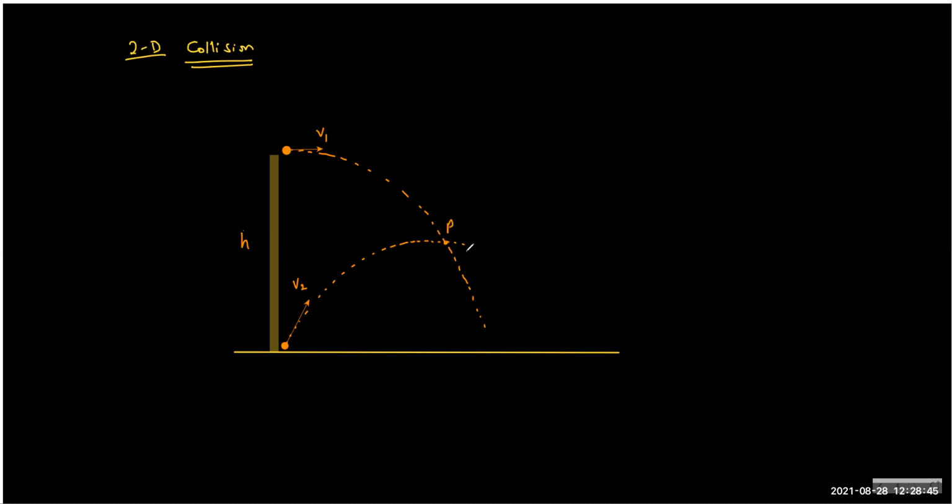So what we know is that they are colliding. Now the information given to you is that V1 is thrown horizontally and V2 is thrown at some random angle which is not shown, which you may need to assume, or may not. So the question is, after what time will they collide? And if I choose this as the x-axis, and I call this the y-axis,